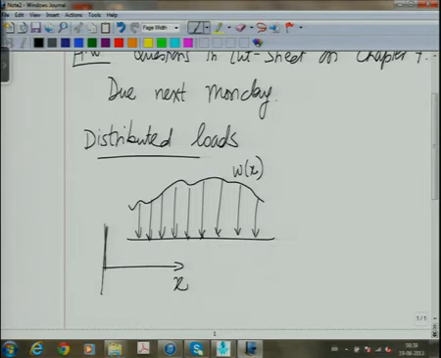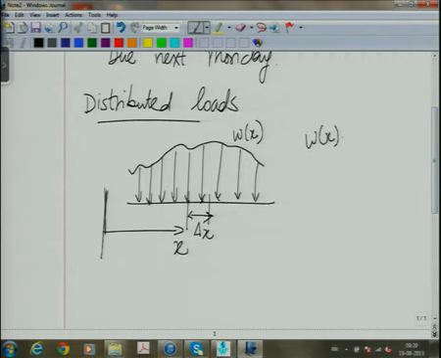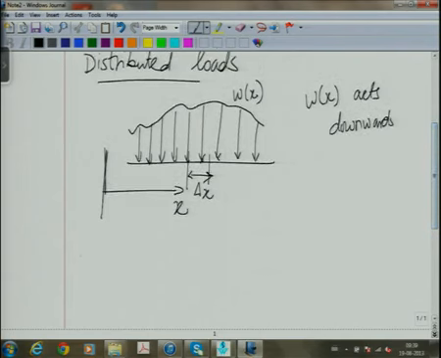So what we do is, let us consider a section of length delta x which is located at x from the point of start, or from the point where we are considering the origin of the coordinate system. So first let me make this load act downwards. So what we are trying to derive here are differential relations for